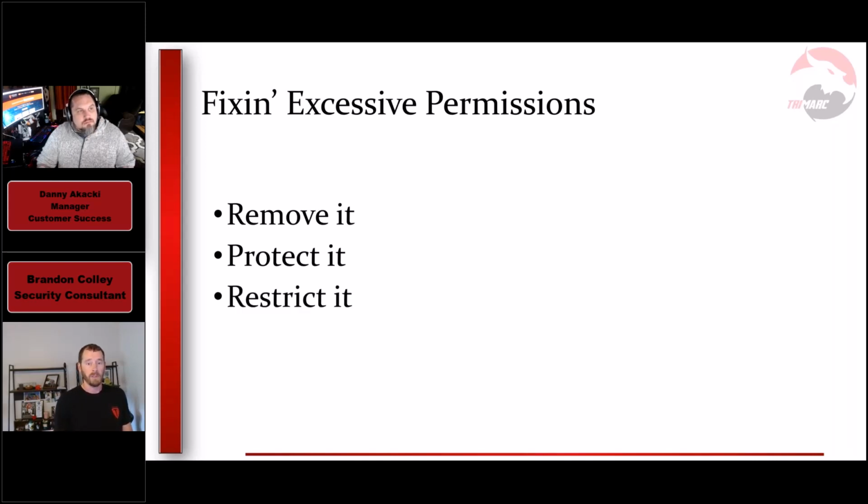And also restrict it, right? I talked about that cloud sync account. Don't let it have access to an account with all of your on-prem administrators that you're not synchronizing to the cloud anyway. It doesn't need it. So restrict that access from getting into locations where it doesn't need to be. Same sort of thing with help desk resets, stuff like that. Just restrict it, don't grant it at the root, grant it further down where it makes sense.